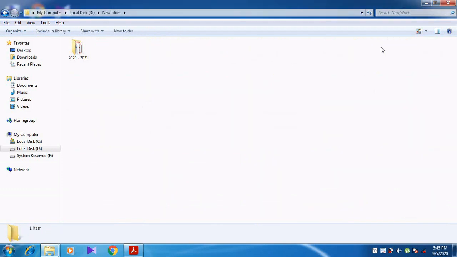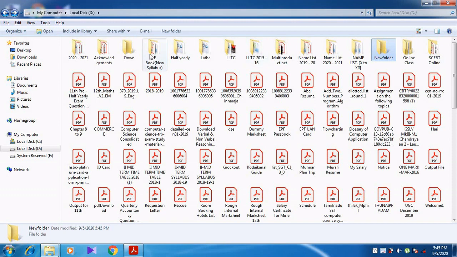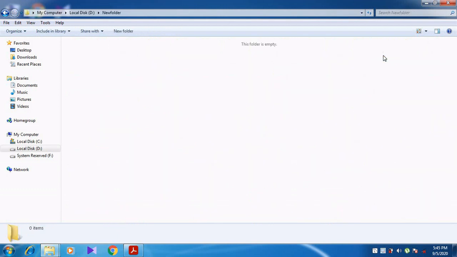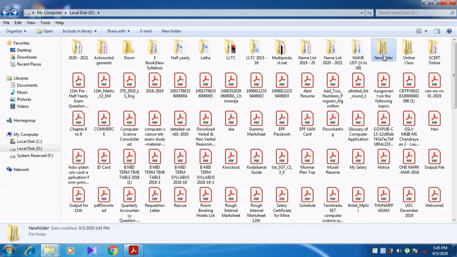So again I go for the copy. So select the folder, Control plus C. Instead of using the menu bar, I am going to use keyboard shortcut, Control plus C. Then double click the new folder, Control plus V. So now this folder is copied into the new folder. So I am using Control Z for doing the undo operation.